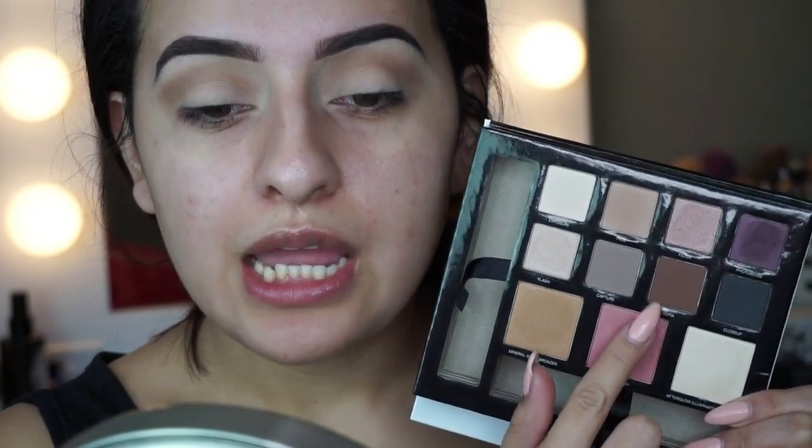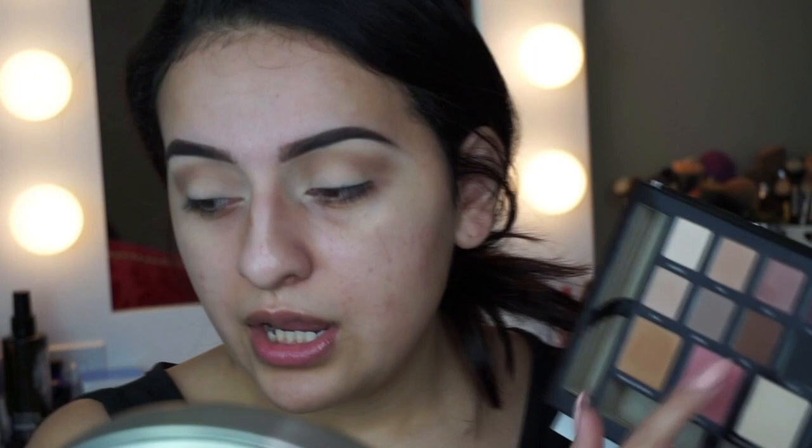Alright, so I have an idea of what we're going to do. It's nothing too crazy, a little bit more simple. I'm going to go in with the color Sepia right here. It's just this nice chocolate brown color. Not too dark, but if you do want to intensify it a little bit, you have the black to intensify it. So either way, I'm going to take Sepia and use it on a, let's see,